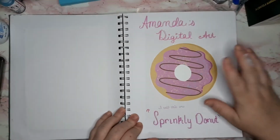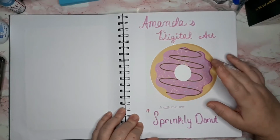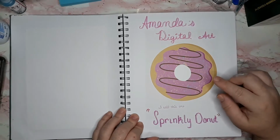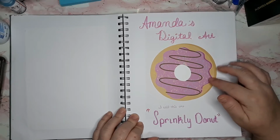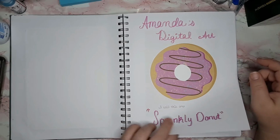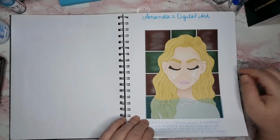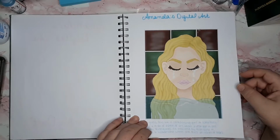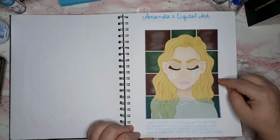This one is more digital art. I think this was the first ever digital art that I did with Procreate without using a tutorial. This is my second one, but this wasn't just digital. All I really did with this one, I traced over,